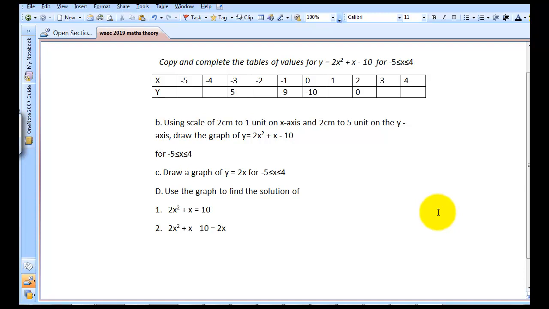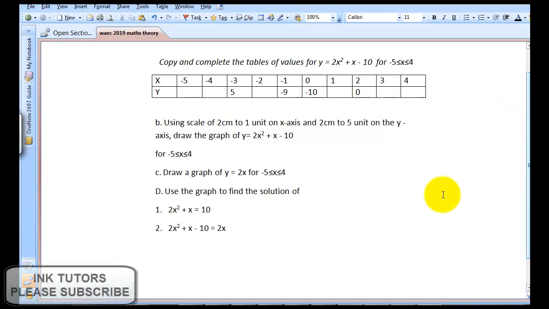Okay, this question says copy and complete the table of values for y is equal to 2x squared plus x minus 10 for minus 5 is less than x is less than 4. Now, notice we've been given our x values and some of the y values have also been given. So at this point, I'll start preparing my table of values so that I can get what I need to